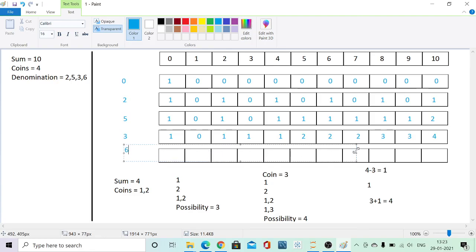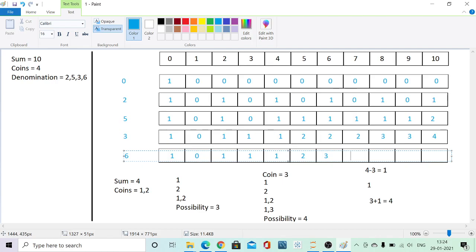So we know that it will not be adding any new possibility for the sums 0, 1, 2, 3, 4 and 5. So the possibilities remain same, 1, 0, 1, 1, 1 and 2. Now there were two possible ways to reach 6 by using the coins 2, 5, 3 and 0. Now to reach 6 by using the coin of denomination 6, I have to reach a level of 0. So it is possible to reach 0. This 1 plus 2 will become total of 3 possibilities now to reach 6.